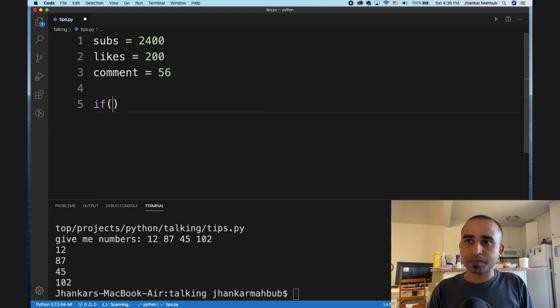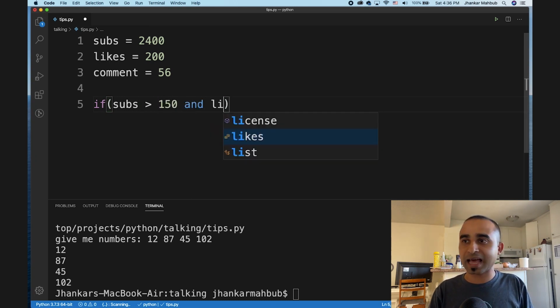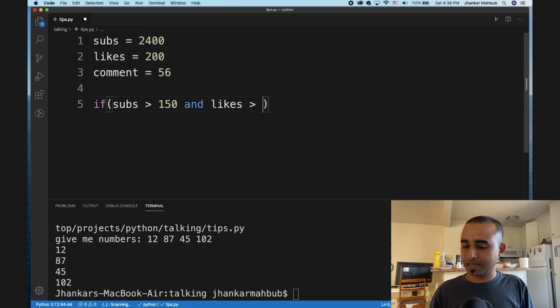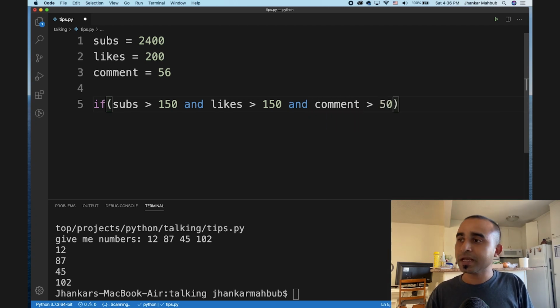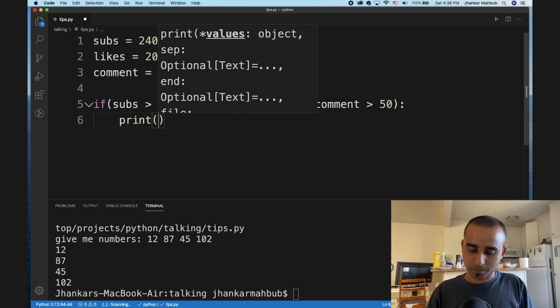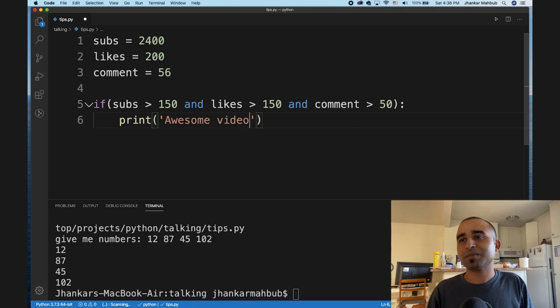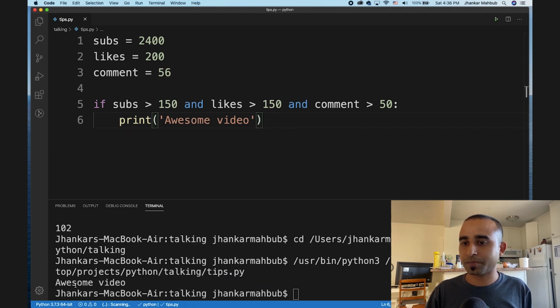So if subscription is greater than 150 and likes is greater than maybe 150 and comments is greater than 50, in that case I want you to do something. For example, print awesome video. In Python you don't need the brackets, you can keep them or leave them. So you can have 3, 4, 5 conditions, whatever the number of conditions. If I play this, I see awesome video as an output.